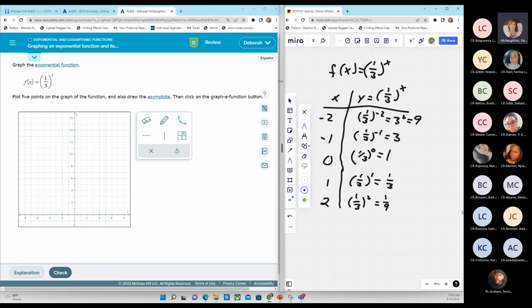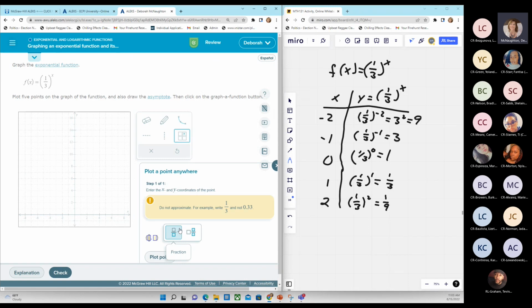I just don't trust that now. All right, so now we're going to put those values in. So we want to use this to graph. So my first point, because we can graph everything with this, is -2 and 9, plot point, -1 and 3, click plot point,